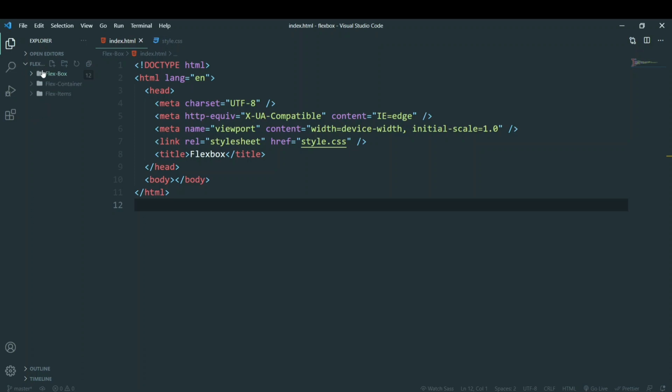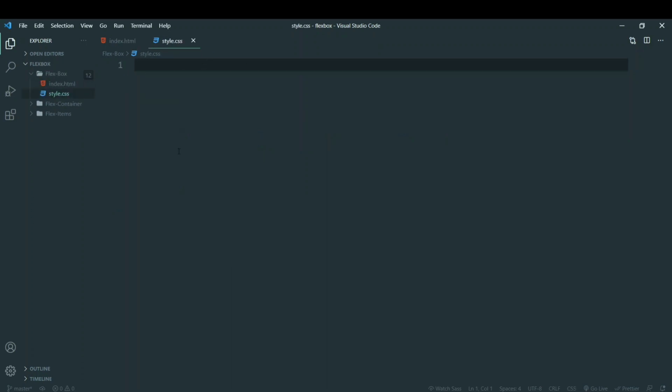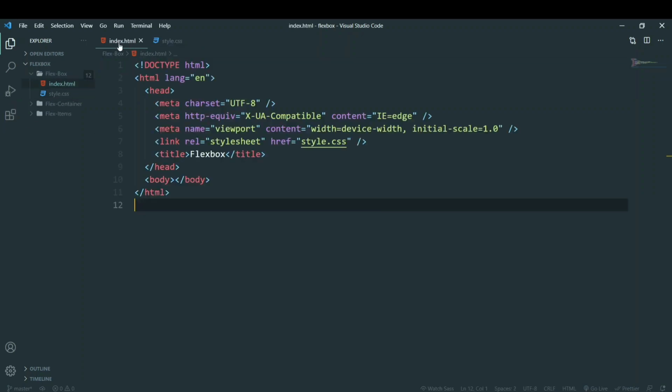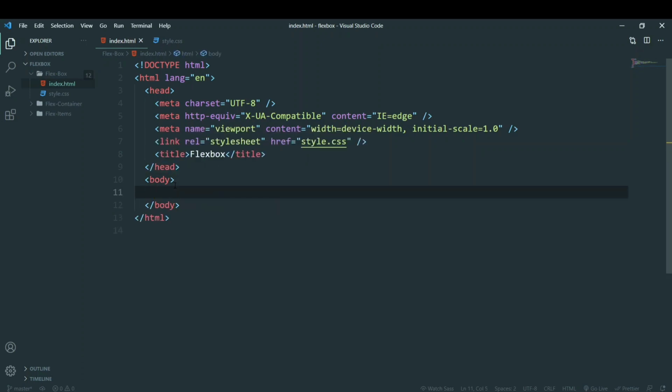So in the first folder, we have index.html, and then we have the style sheet. In the first part in this folder, I'm going to create everything from scratch so that I'll show you guys how it's done. But from the next folder onwards, you can see that my elements are already pre-styled, because it would save us a lot of time. If I start writing each and everything one by one, it will be a very long video and I could not explain the main important concepts that I'll explain in this video. Okay, so let's get started.